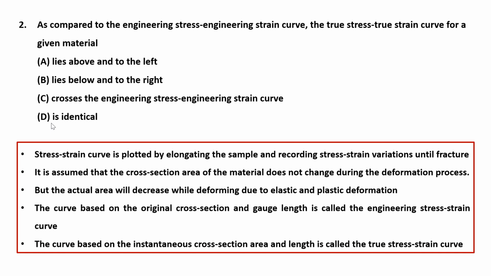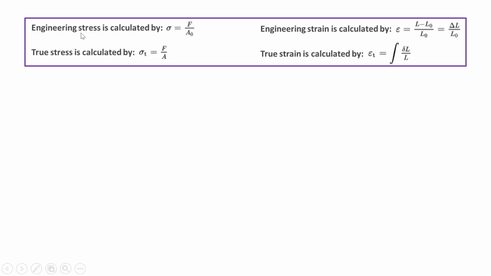area. So if at one particular moment we are measuring one value of stress and strain, and at that instant we take the area, and a curve is drawn based on that, that is known as the true stress strain curve. So the equations will be such that in case of engineering, stress is calculated by force by initial area, and true stress will be calculated as sigma t is equal to force by instantaneous area. And at the same time, in case of strain, it is delta L by L0, that is the initial length, and true strain will be calculated as the integral of delta L by L, that is the instantaneous